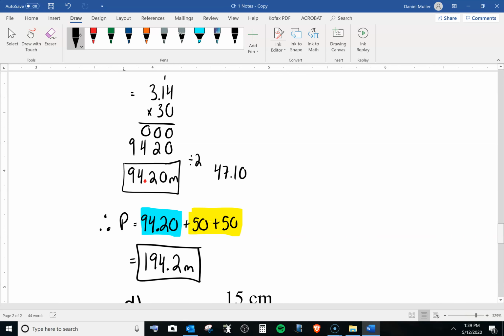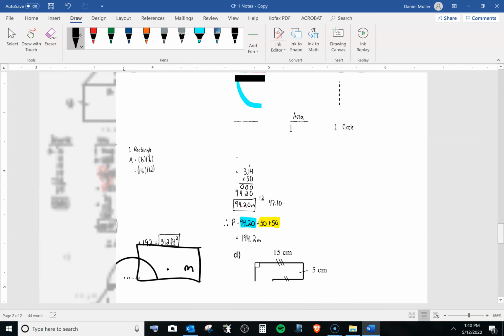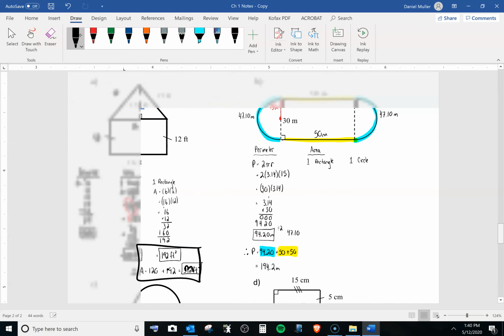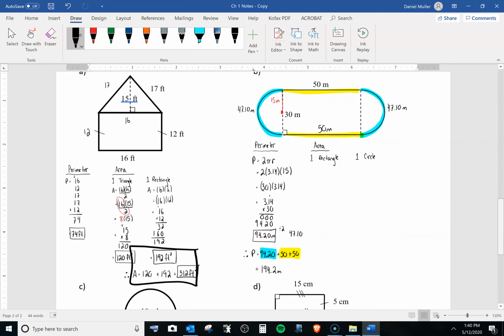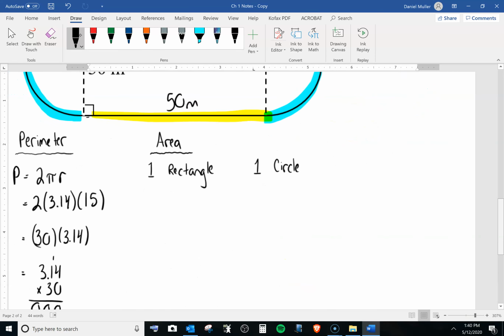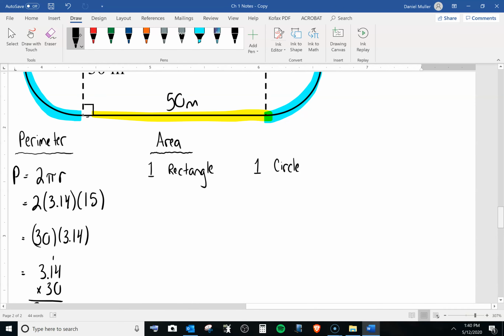That is quite difficult, just to spot all of that and kind of understand it, that you're finding the circumference of a circle, and half of it is on the left and the other half is on the right, and then adding that with the 50s. So that is our perimeter, 194.20. Now the area